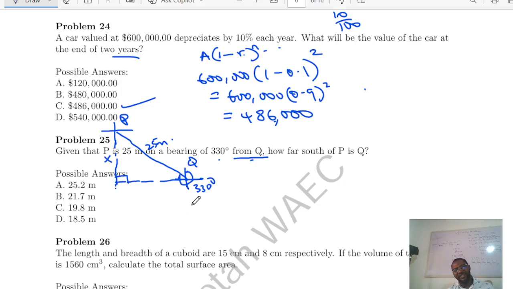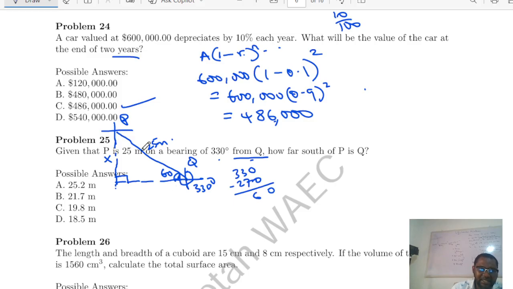It makes a lot of sense. It's good to know maths, you know. So I need to find what this angle is here because this now makes a triangle. So this angle here is simply 330 minus 270, because every other thing here is 270. So I'm going to subtract 270 from 330, this is 60. So this is 60. Okay, so it makes a lot of sense,